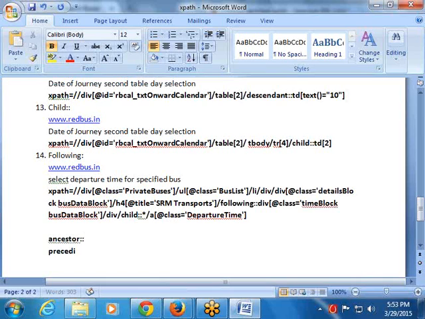And similarly preceding. Preceding means it will identify any tag before this current element except parents. Other than parents, it is used to identify